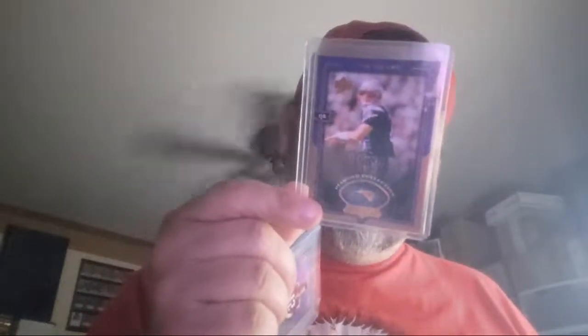I don't have any of these 4 cards in stock, so this was a worthwhile purchase. There's another 04. That's the Diamond Collection, Upper Deck Diamond Collection. If you can see that okay. And then 2 of these